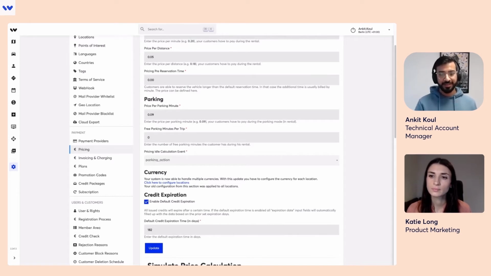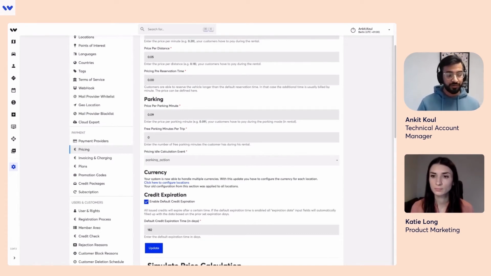What happens is that threshold pricing gives the operator time-based thresholds to adjust their pricing. So an operator can choose these time frames and the costs in those time frames. For example, as an operator, you can enable that the first 10 minutes of each ride are free, so there will be no charge.